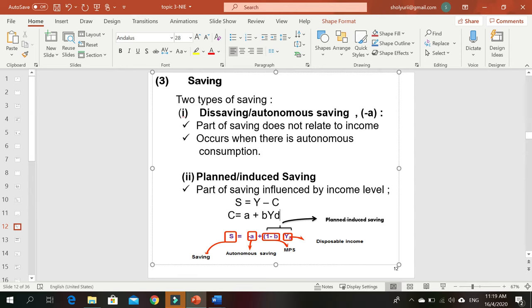Kalau untuk saving ni, dia akan terbalik. S sama juga, A ni akan jadi negatif A. Untuk B ni kita nak tahu nilai dia berapa, dia mesti 1 tolak B. Sebab dia kat sini ni, bila